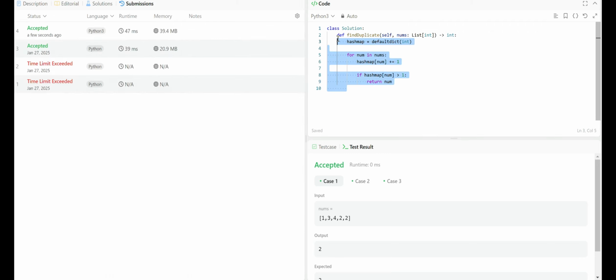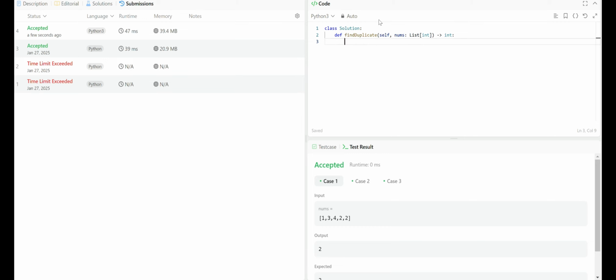If you remember my explanation from before, you would know that we first have to use Floyd's algorithm to find the intersection point, or find the offset, and then use a second slow pointer to find the beginning of the list. So we use the first Floyd's algorithm to find the offset and the second slow pointer to find the beginning of the list. So for example, we'll start with a slow and a fast pointer,